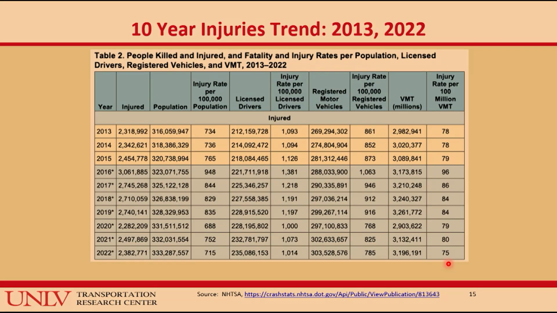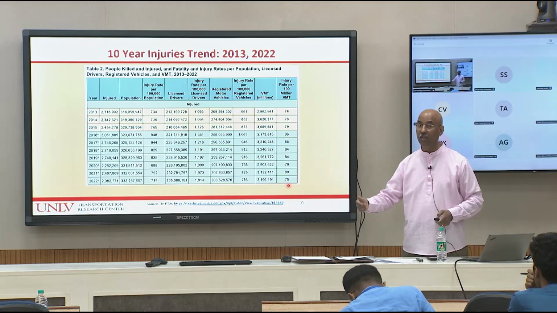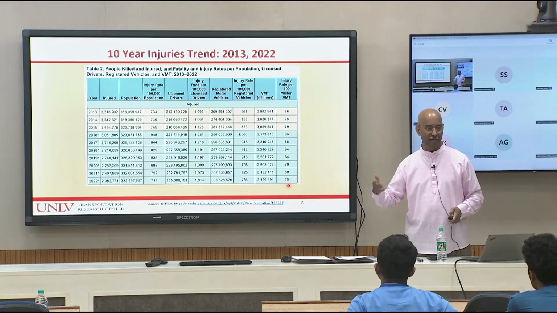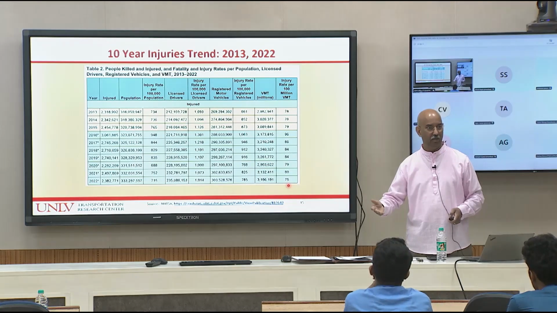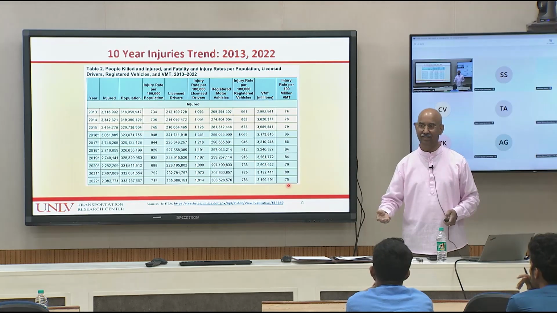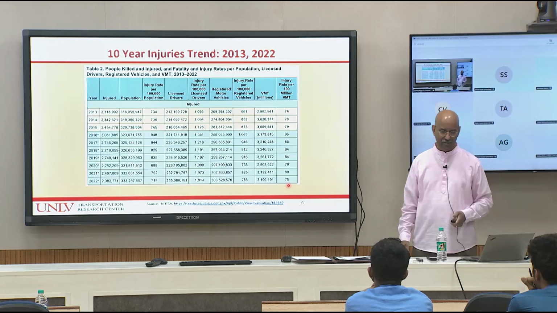Here are the injury trends. The previous one was the fatality trends. Here are the injury trends. We are doing some measures of exposure. This is where I was getting at metrics instead of just looking at the raw numbers, raw frequencies, raw counts. What we need to look at is ideally per vehicle kilometer of travel, or per registered vehicle, per capita. If we don't have that, so these are the descending order of parameters.